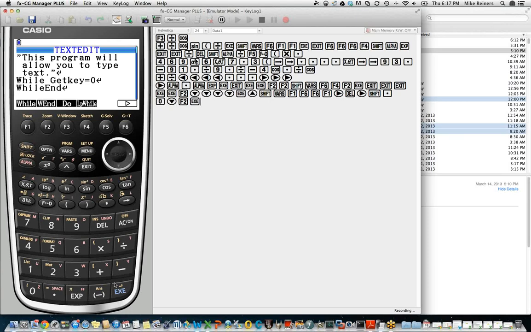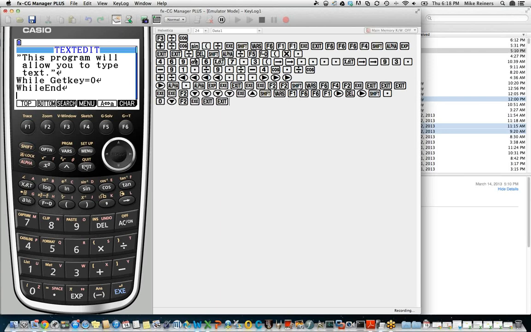So while the user is not pressing any keys, continue in this loop. This just marks the end of the loop. While the user is not pressing keys, keep staying in this loop, stay stuck, don't do anything. So what should happen now is when we run this program, if we actually press a key, the program should end. While we're not pressing a key, the program should run indefinitely. Let's check if that happens.